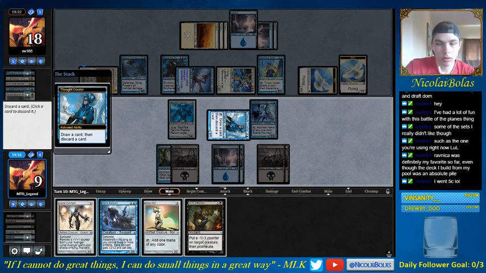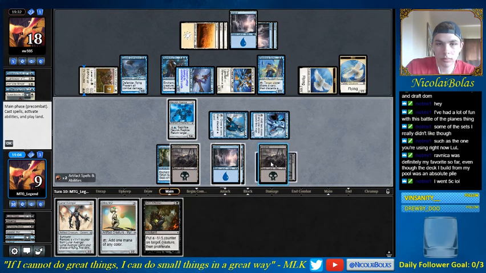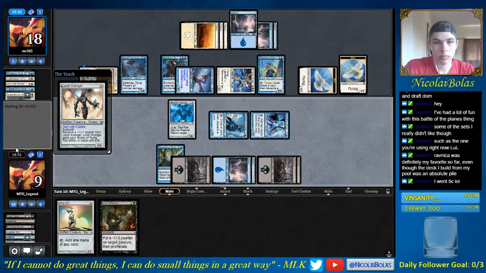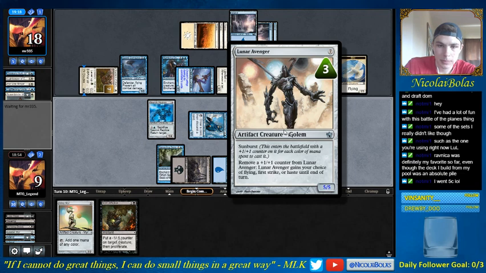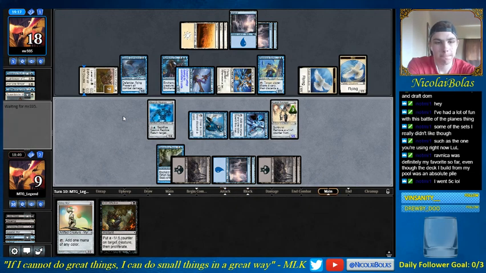That's a cool draw. Get rid of that guy. Play this thing. Maybe I was supposed to block Chump with that. Yeah, that would have been better for sure. Dang, I wanted as much information. I still wanted to find a kill spell for this. I'm not sure I have one, but...